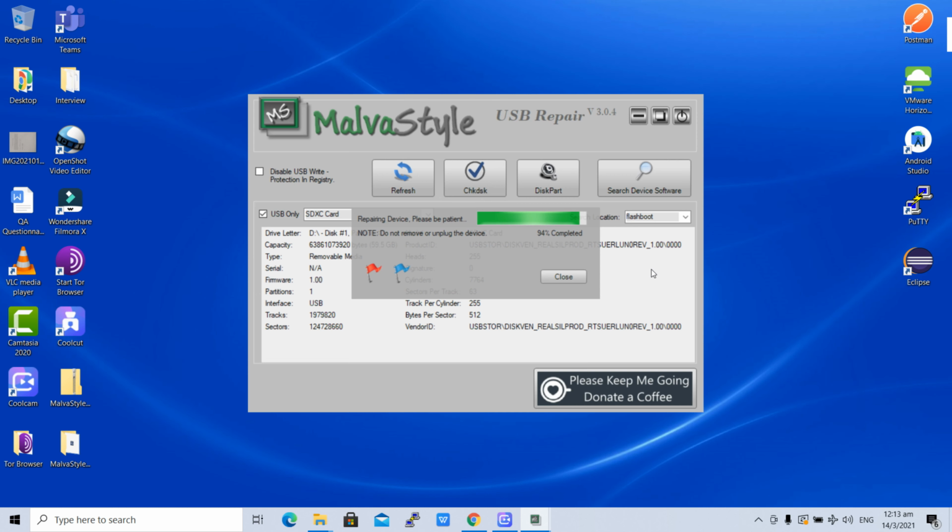Once you are able to fix it, you can easily use your USB drive. This will solve all your write protection problems, whether pen drive, USB card, micro SD card, anything. See, 98% completed.